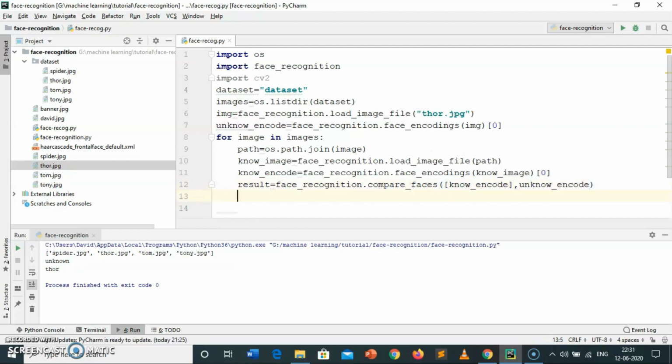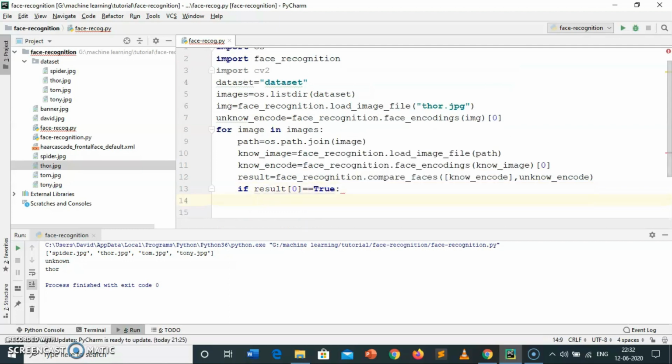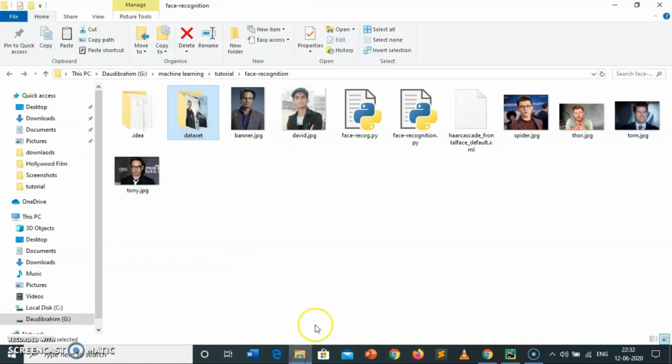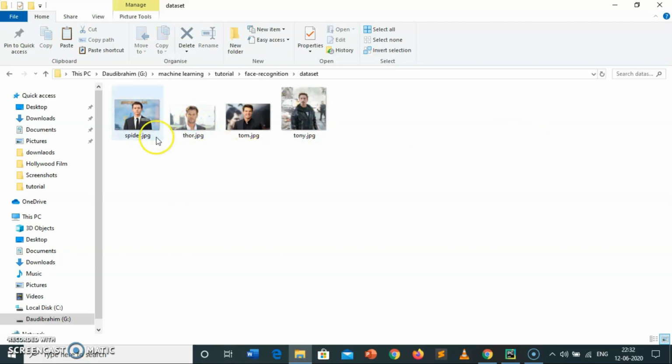Now we have to check. So if result provide 0 index equal to true, then I am going to split the name. So as you can see, if the Thor.jpg matches one of these images, for example the Thor is matched with the Thor, so I am going to split or extract the name of this image, that is the Thor, to provide the message.